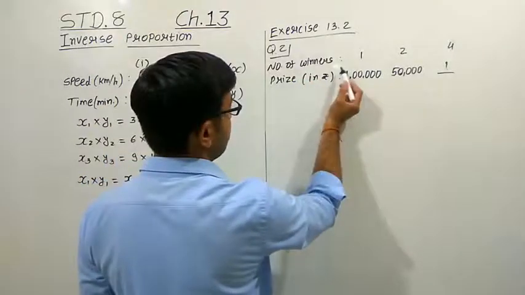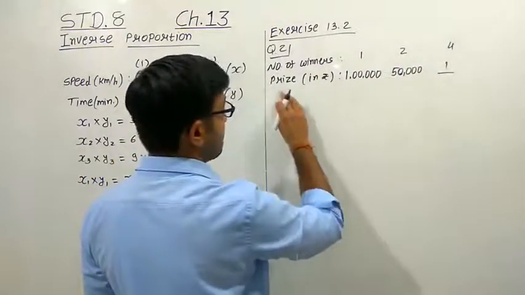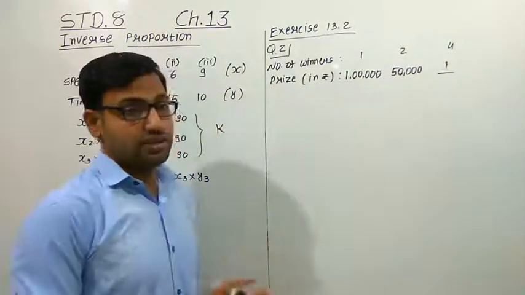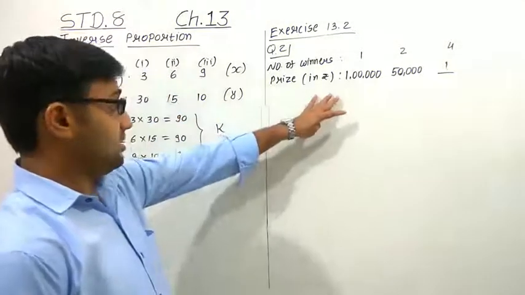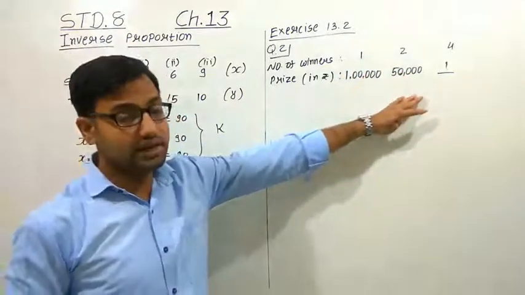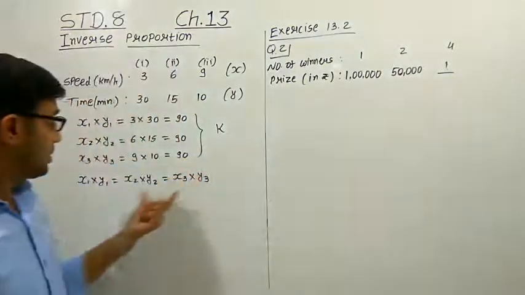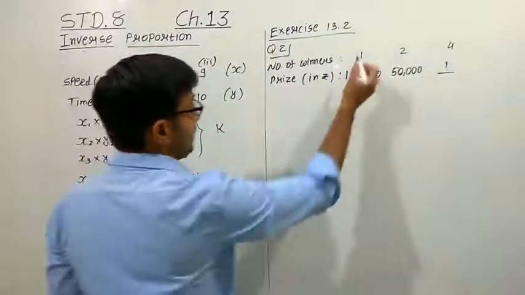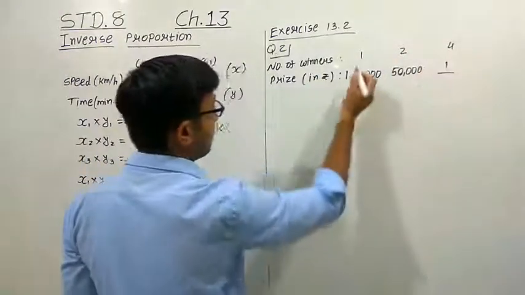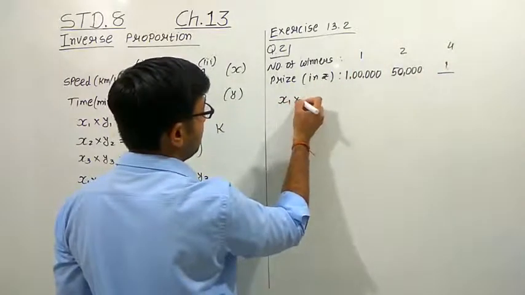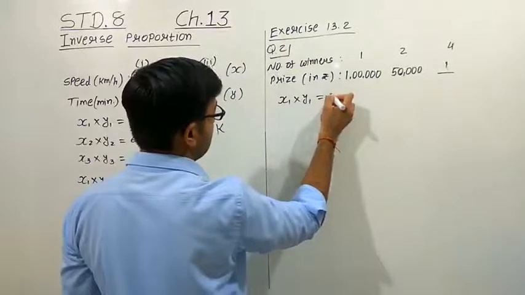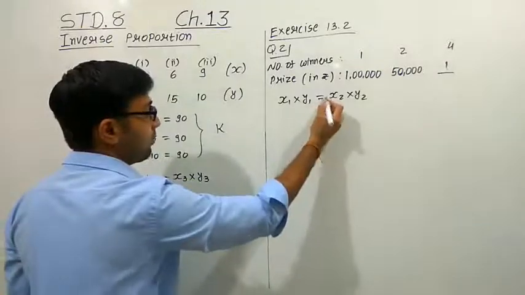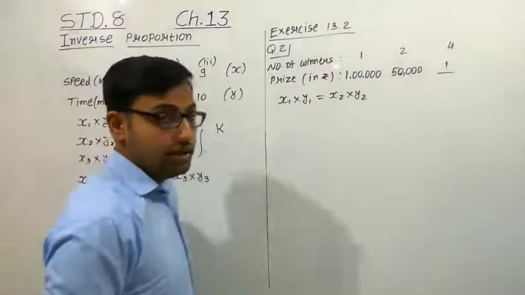So here we can see that one of the quantities, the number of winners, is getting increased. At the same time, the other quantity is getting decreased, right? So first of all we can see that as one property is increasing, the second one is decreasing, but without checking that the products are equal or not, we cannot say that it is an inverse proportion. So first of all let us check the first values. This we will call x, this we will call y. So x1 y1 must be equal to x2 y2. If these two become equal, then we can say that these are in inverse proportion.